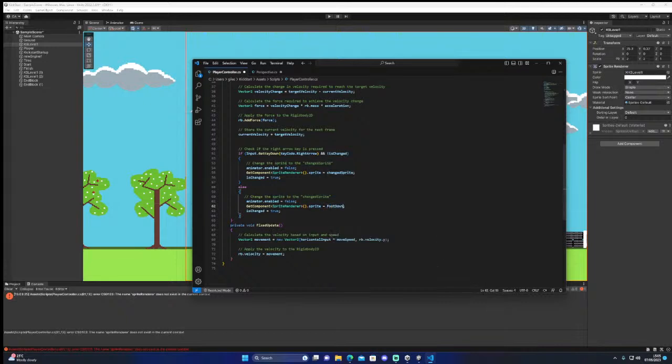Foot down is changed equals true. So that has to be true for that to happen. And else, is changed equals false.